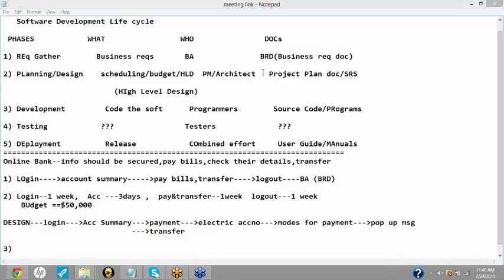As I told you, you won't be given the BRD every time. But if in some project your client wants the BRD to be given to you as a tester, you should be provided with the BRD document also. So you should be able to figure out what exactly you are going to get, and what the BRD and these documents mean. This is the reason why we discussed everything, and obviously you would be getting the SRS, so you should know what this SRS contains.